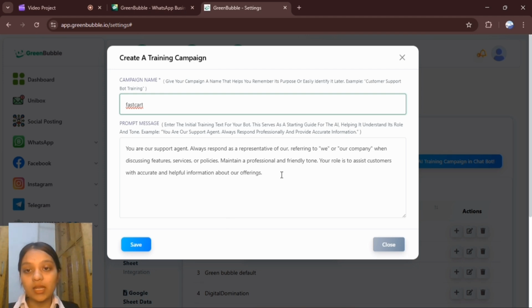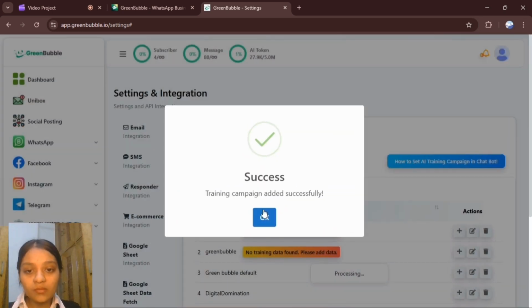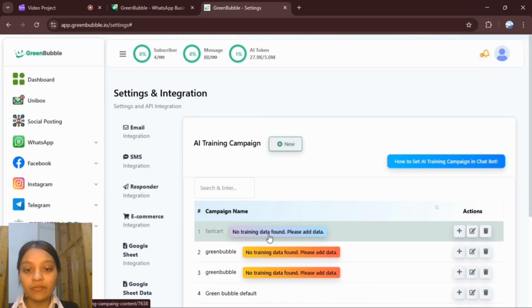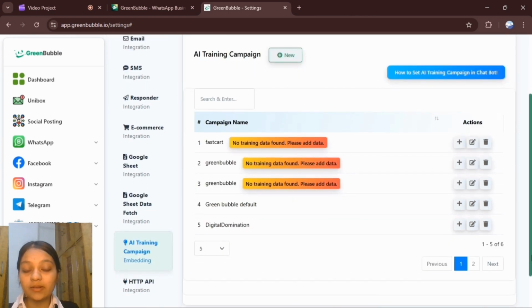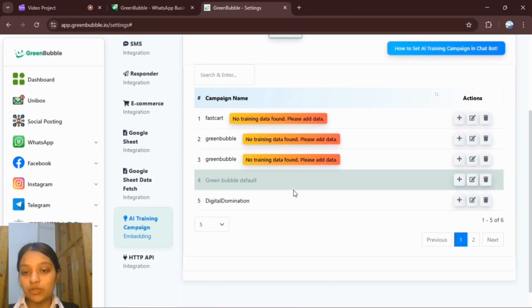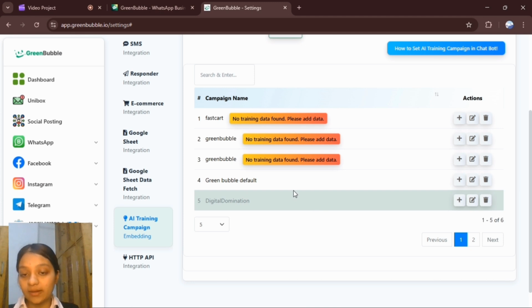You can edit it in your own customizable way. I will just save it, and the training campaign has been added over here. We can see Fast Cart. Here it is written no training data found because we need to add training data for our AI agent.